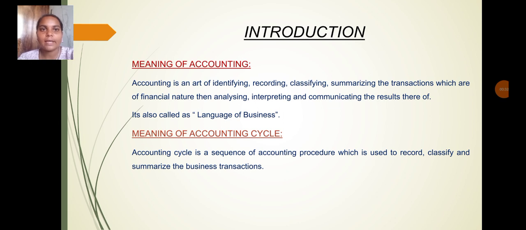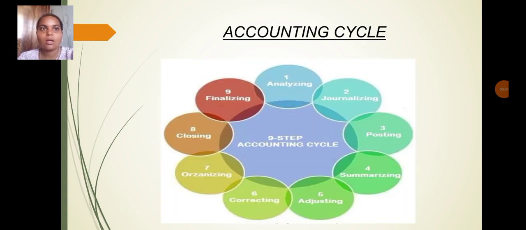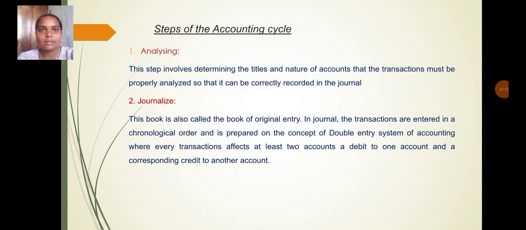Meaning of accounting cycle. It is a sequence of accounting procedures which is used to record, classify, and summarize the business transactions. There are 9 steps in the accounting cycle, that is analyzing, journalizing, posting, summarizing, adjusting, correcting, organizing, closing, finalizing. Analyzing. This is the first step, which involves determining the title and nature of the account, that the transaction must